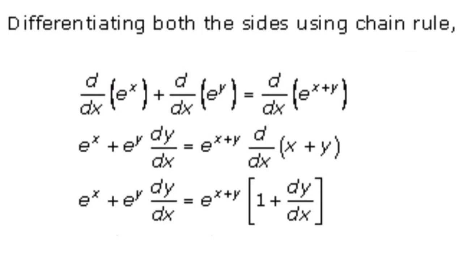Now in the left hand side we don't have any part to differentiate, but in the right hand side we have x plus y to differentiate. So we'll get e raised to x plus e raised to y into dy upon dx equals e raised to x plus y into this derivative we are going to apply in x as well as in y. So we'll get derivative of x as 1 plus derivative of y will be dy upon dx.